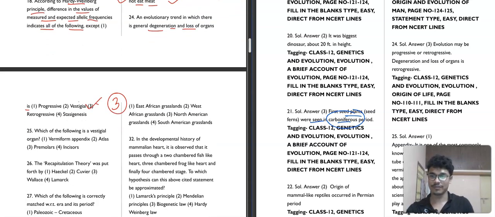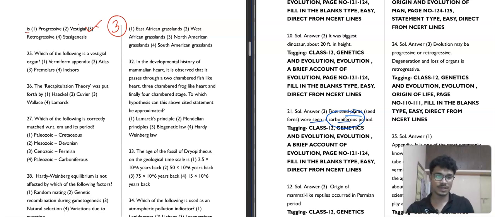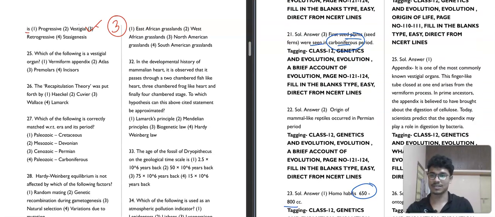Then question number 25. It is saying, which of the following is a vestigial organ? This is a very good question, I would say, because most of the options are very confusing. But if you know vermiform appendix, then it is very easy for you. Which of the following is a vestigial organ? Vermiform appendix. You just see it and click it. Okay, then just tick mark it. You also need to read the options. There may